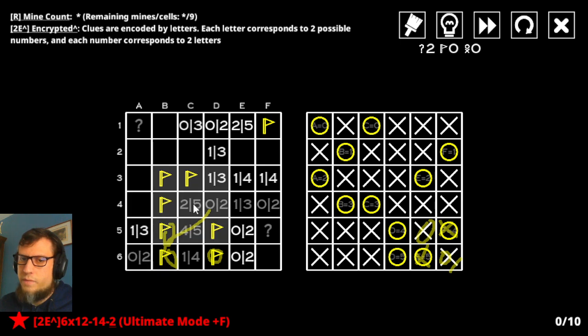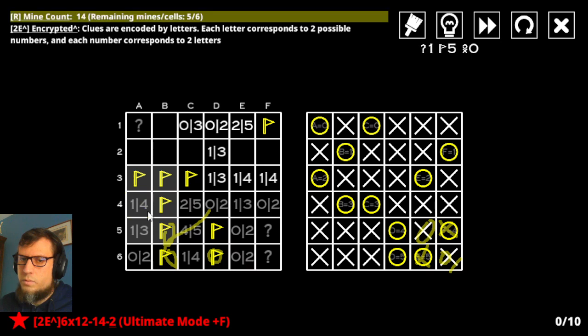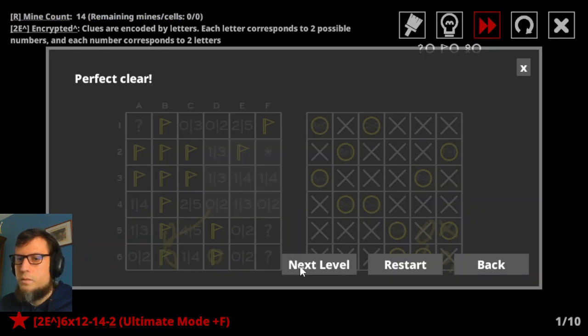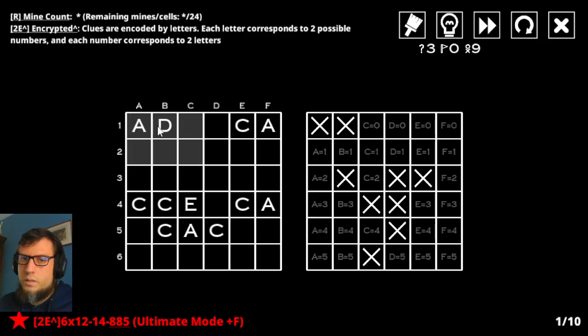This is 2 or 5. Oh, so it's 5. Okay. Nope. Okay. Yep, there we go. Okay. And 5 out of 6 mines left. What this means is this is the one that has something missing, which means this will do that, and there we go. Alright, A, D, C, first thing to do, find something that has only 2